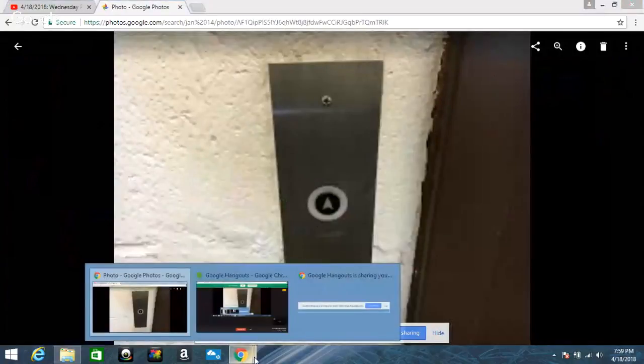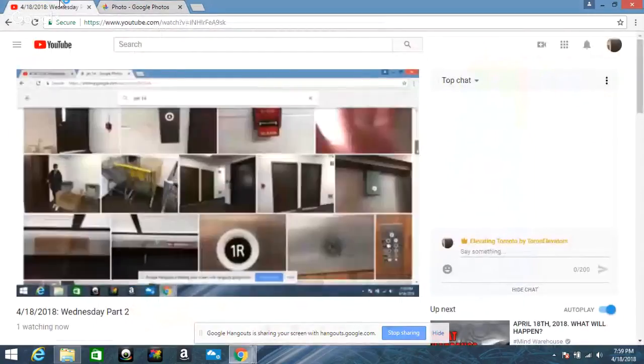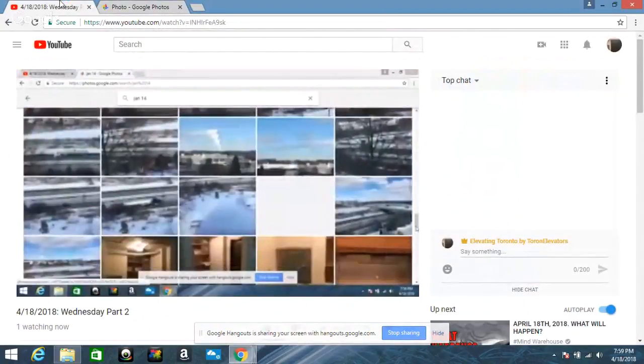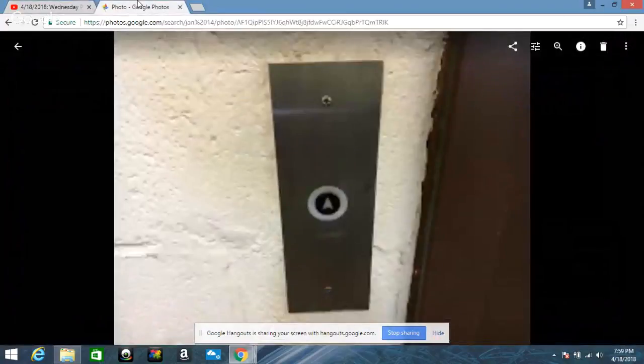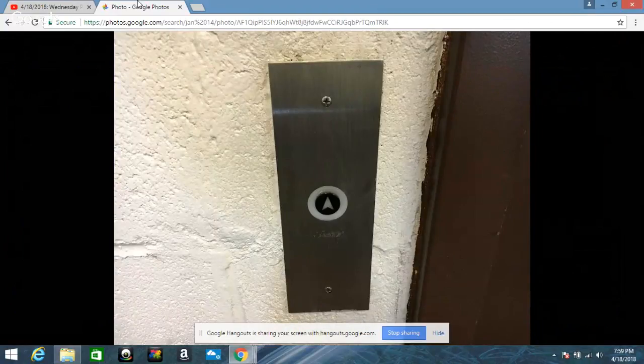So here, I said earlier, we have an EMCO, which stands for Elevator Maintenance Company, and it was installed in 1979, and my one grandma used to live in this building. So I rode this elevator a lot as a kid. I even have home videos of me riding this elevator. And it's pretty crazy, but I love this elevator. And like I said, it hasn't changed ever since,